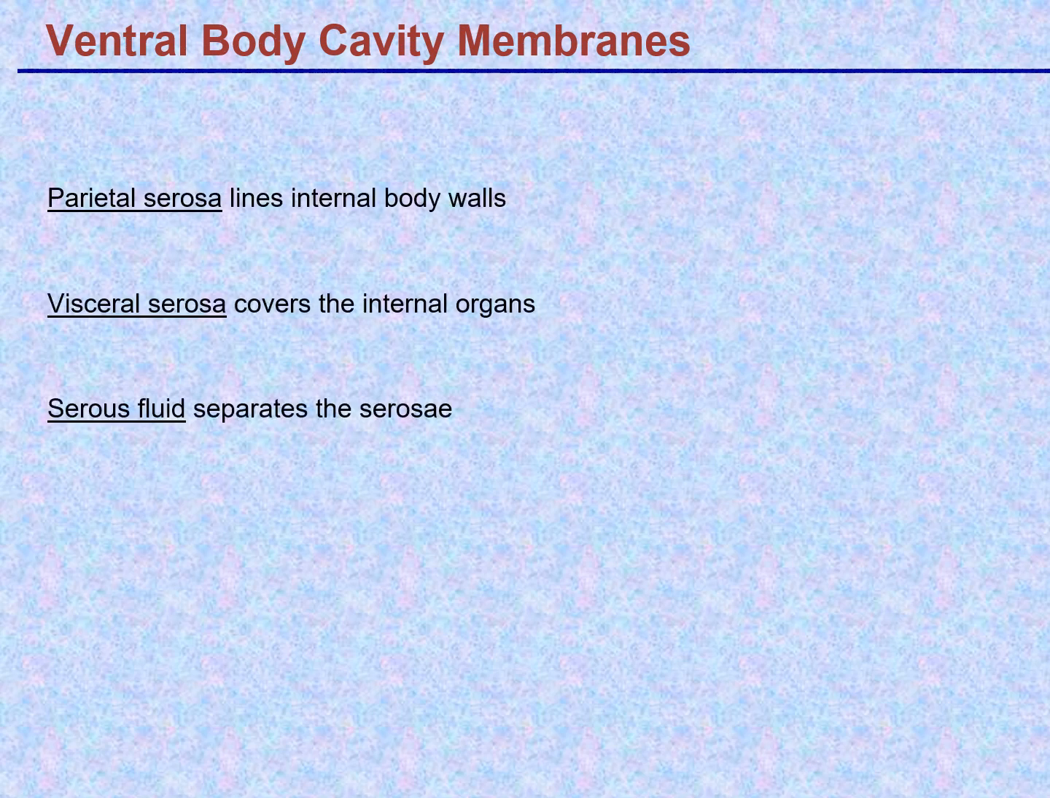The ventral body cavity, the subdivisions of the ventral body cavity, the pleural cavity, the pericardial cavity, all of those and others, all of them are surrounded by a membrane. And the membranes have a very particular kind of